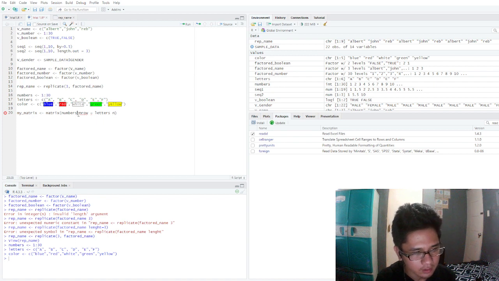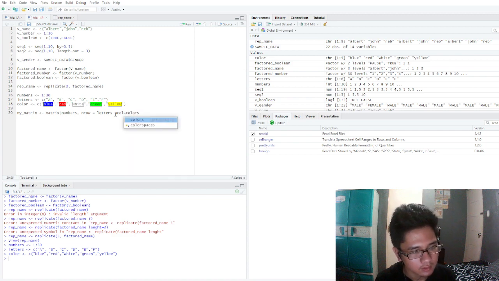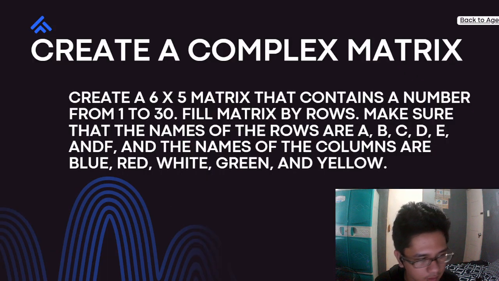Oh wait, this n columns are equal to letters and colors. Wait, why is that happening? Let me check first.